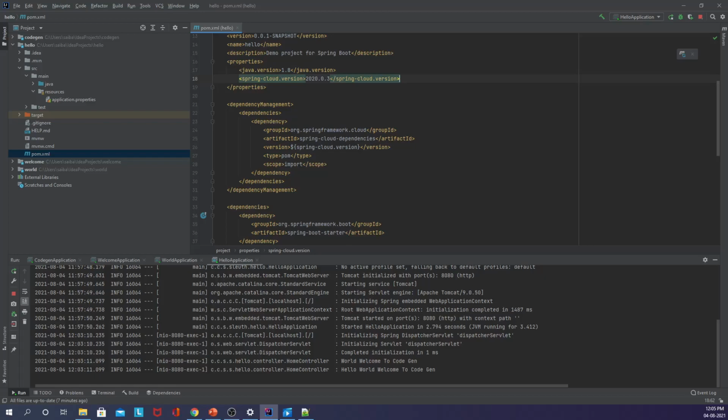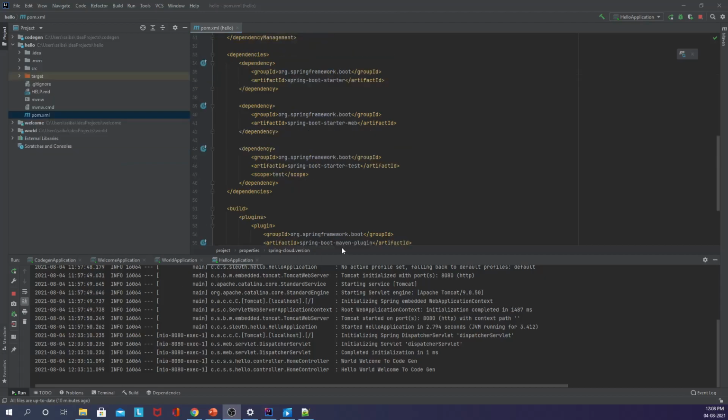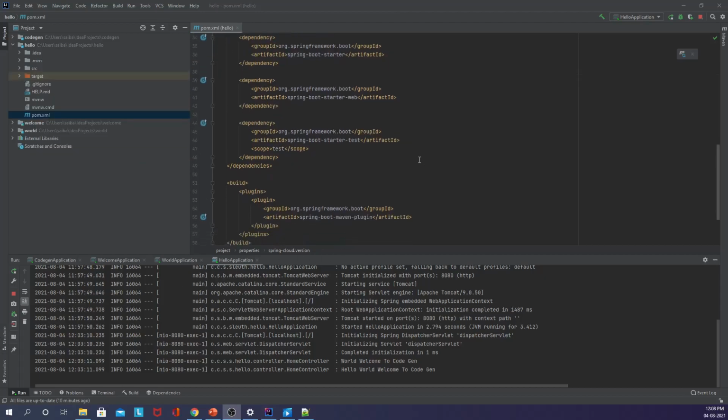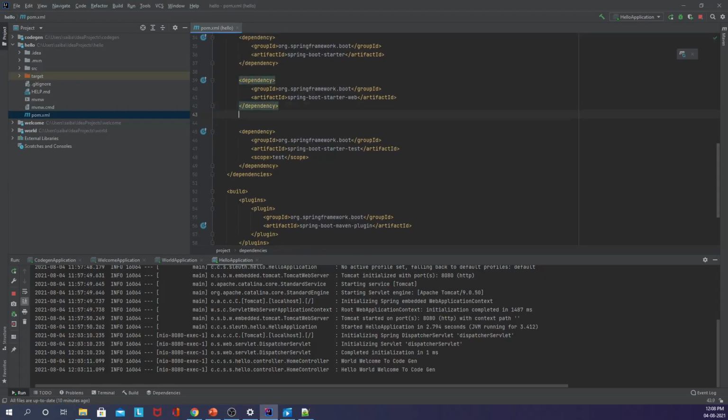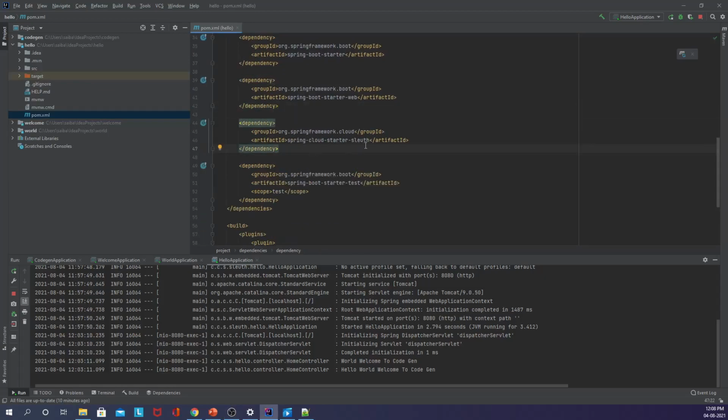We will see after restarting the application once we do this same set of steps for the remaining microservices. Okay, I forgot to tell you that I need to add one more dependency here. It is Spring Cloud Starter Sleuth. This is the starter dependency which is needed in Spring Cloud Sleuth to instrument our application with Spring Cloud Sleuth actually.